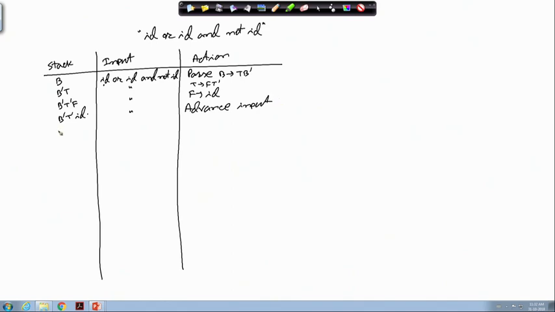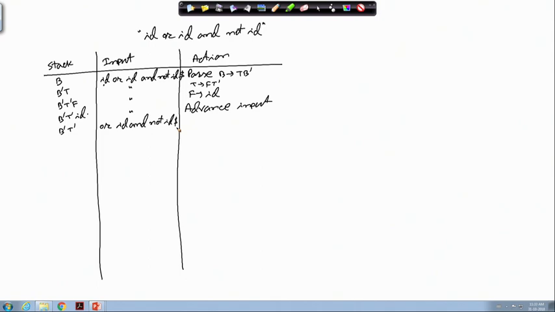Now the situation is B dash, T dash on the stack and or ID, and there is a dollar at the end, input is assumed to be ended by a dollar, and not ID and dollar.